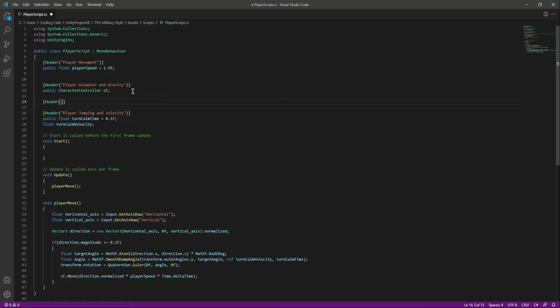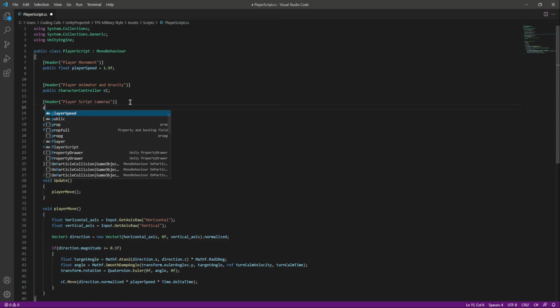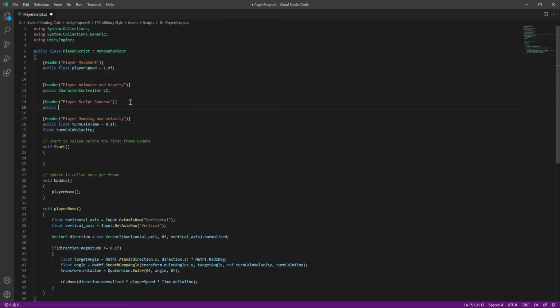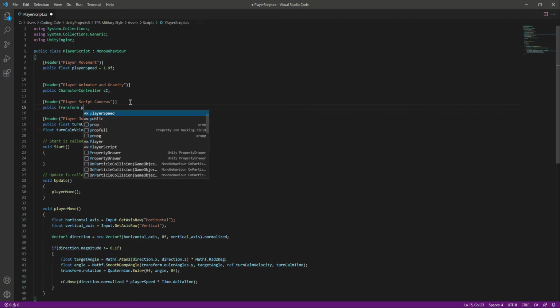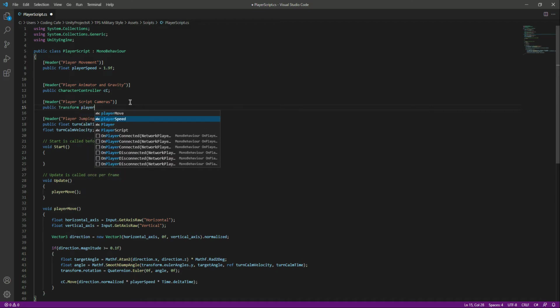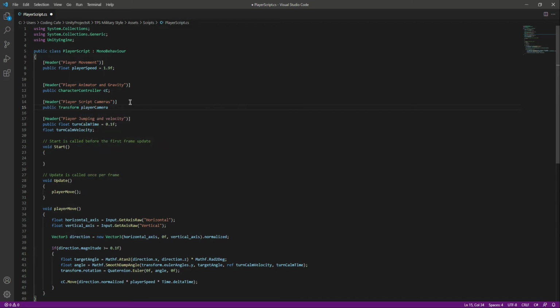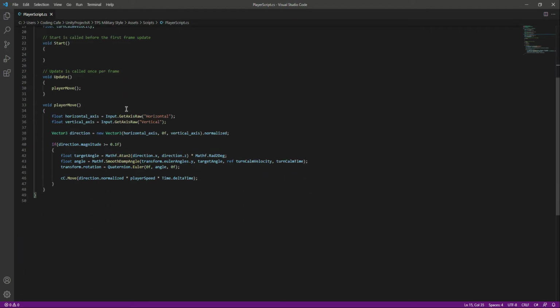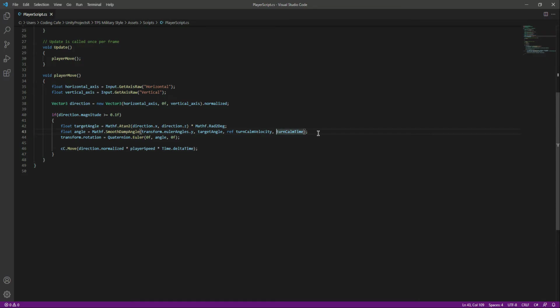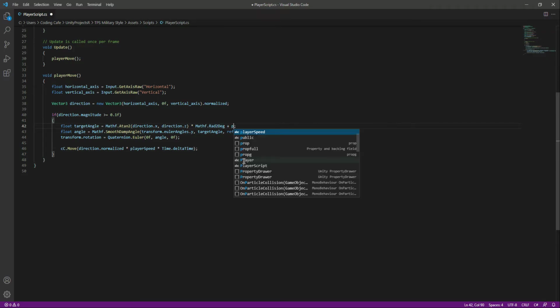We will create a header by the name of player script cameras, and then in here we will say public transform, and let's name this as player camera. Then if we move down right here, we want to plus the